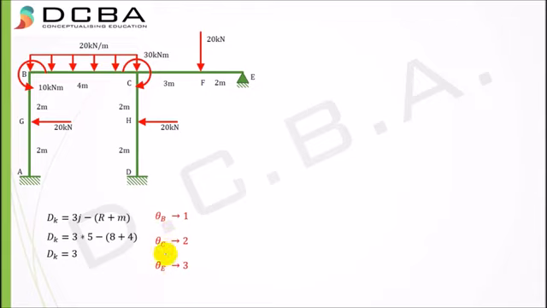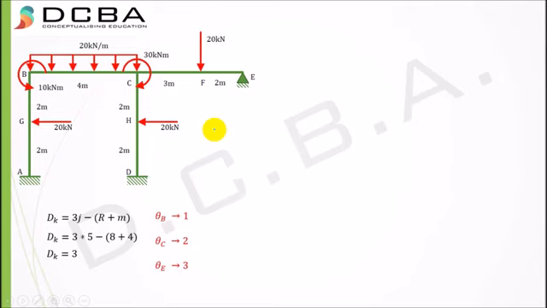Right now we only have 3 unknowns, and you have to number them. So I have numbered theta B as 1, theta C as 2, and theta E as 3. You have to remember this, okay? Whenever 1 comes into the picture, it is for theta B, 2 is for theta C, and 3 is for theta E. This problem is solved in only 4 steps, comprehensive and lengthy steps.